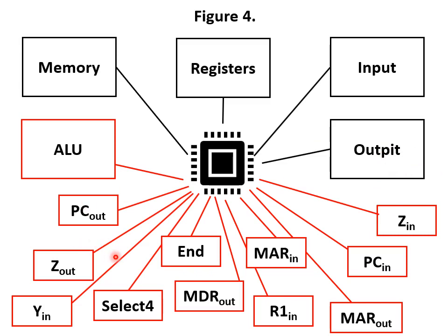Now there are some things I have written within red color boxes. What are these? These are also hardware parts. Did you see, memory is hardware, registers are hardware, input is hardware, ALU, output, everything is hardware here, because the entire computer is an electronic device. Now there are some names I have written inside a red color box. These are the circuits again. Why have I given red color? Because I am discussing those parts here.